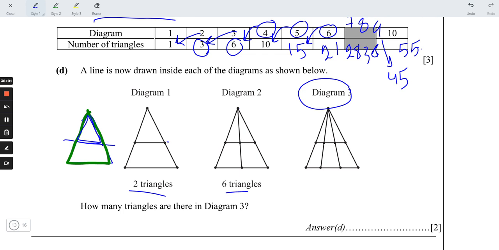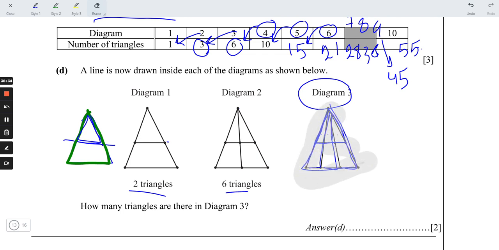So here 1, 2, 3, 4, the biggest one like this. 4, 5, 6, the biggest one 7, yeah, 8, and these small ones 9, 10,